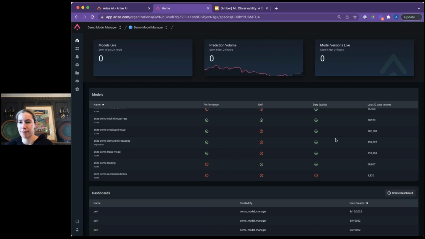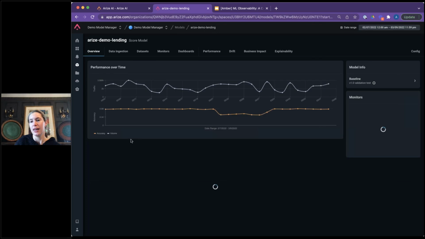Great, and it looks like Francis had a question about, does it have alerting capabilities in real time? Or are we able to set up thresholds for the alerting? Okay, yeah, I see the question. Yes. So yes, for the monitors. I'm going to go into monitor and just show, but yes, alerting